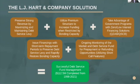The other part of the strategy was to issue financings with short-term repayment plans, because you're bringing in more revenue, we can pay the debt off faster. And also, we can take advantage of lower interest rates through refinancing. This required ongoing monitoring of the debt service fund and frequent visits with the staff to implement the recommendations that we would have at least annually. And as I said, this is a successful debt service management program. We accomplished $112 million